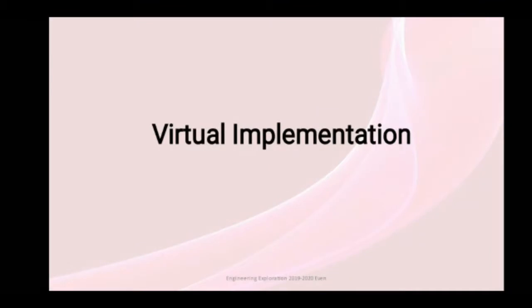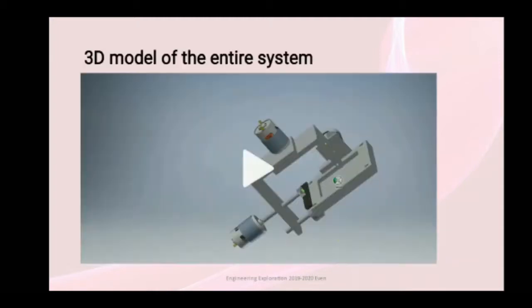So, now I am going to explain to you the virtual implementation phase related to our course project, that is CaramBot. Firstly, our course project has been divided into three subsystems mainly, that is movement unit, rotating unit and striking unit. Now we can see our entire 3D model consisting of three subsystems. Here each subsystem is combined with the others to form the entire system. Now I am going to play this video so that you can see all the subsystems and the entire system.